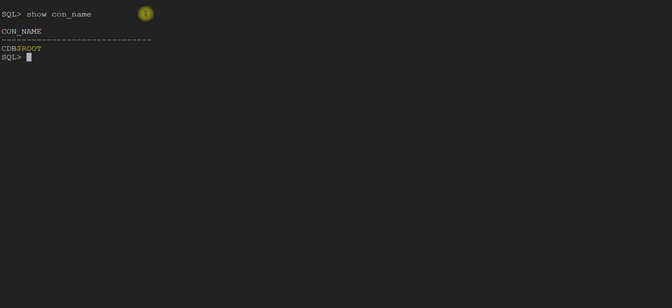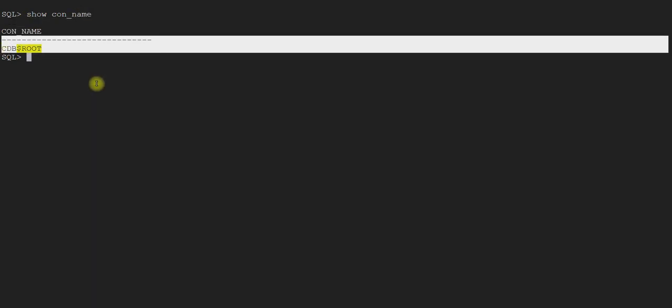So you need to make sure that whatever specific query or commands you are running are in the correct container. Okay, so the correct container can be any application database or the container CDB root database. So I'm currently in container name root.